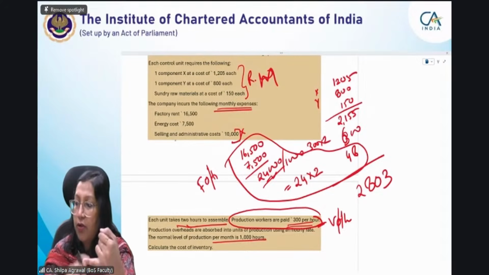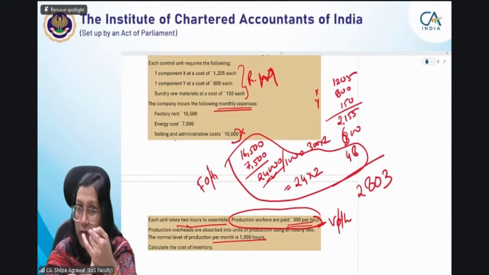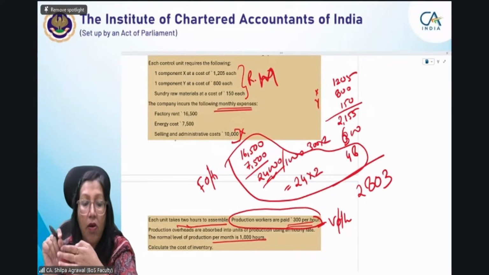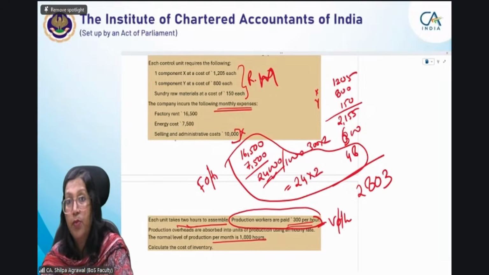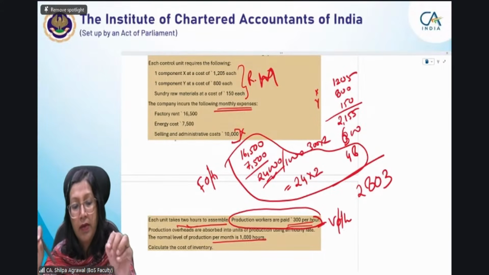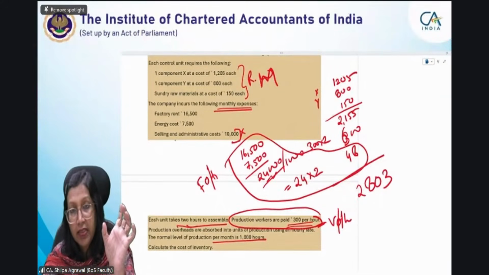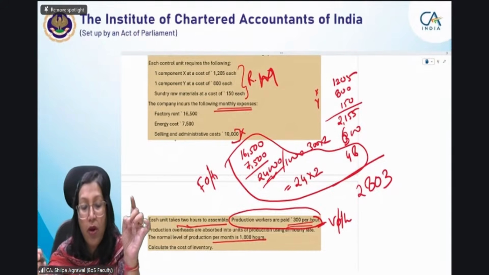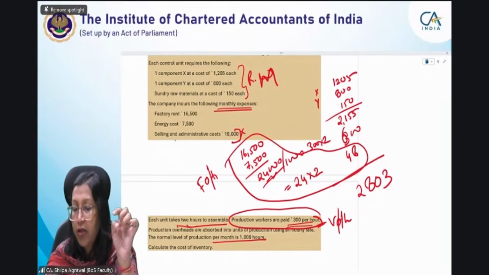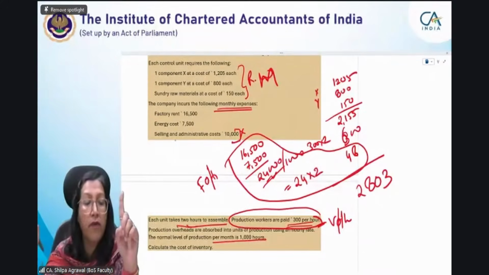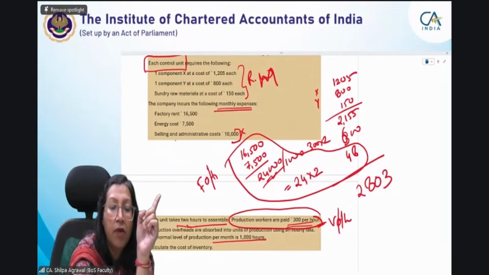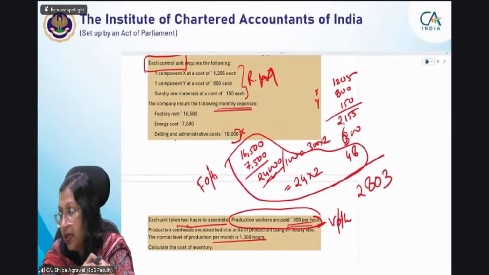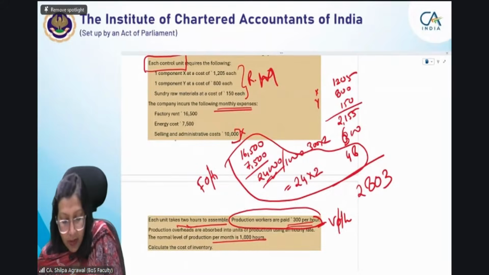In this question, we are talking about a first element, which is our cost of purchase. Second element, cost of conversion, which includes your fixed overheads and variable overheads both. Fixed overheads are a monthly expense, and in a month we have 1,000 hours, and we are giving here 2 hours per unit. So it depends on whatever number of units you have. We are calculating inventory value for each unit, which arrives at 2,803. Okay. Coming back to our PPT.